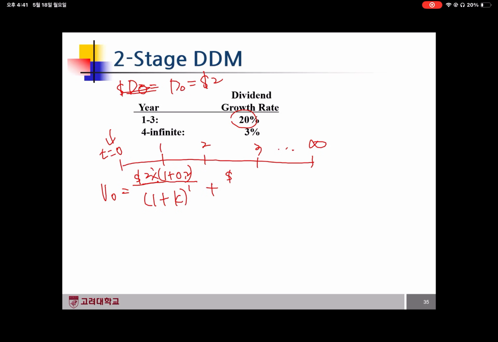This is D1 times 1 plus 20%, which is $2 times 1 plus 0.2 to the power of 2, so this is D2, the dividend at time 2, over 1 plus k squared, plus, what is D3? D3 is equal to 2